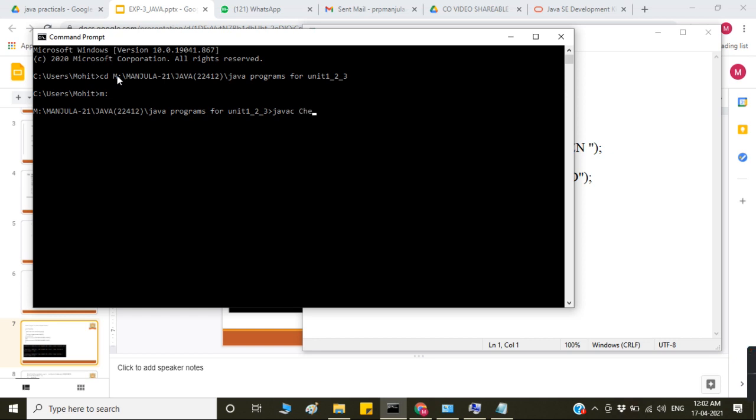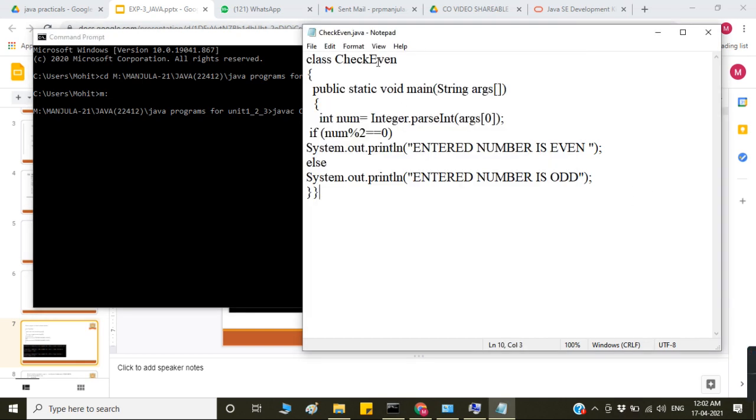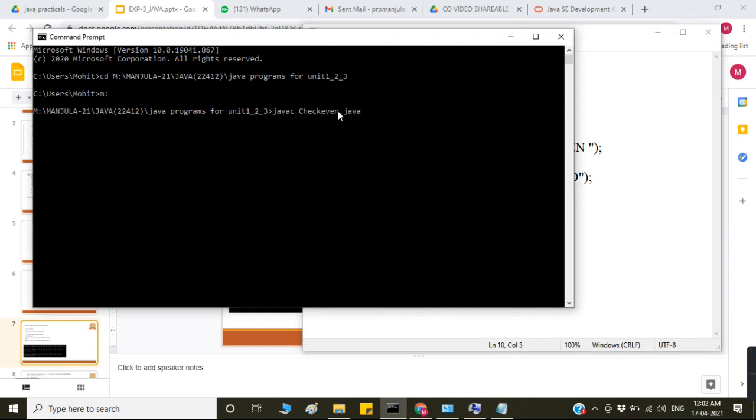Check even, the E was capital, capital Even dot java. I think check even, E is capital. So you have to write this, whatever the class name is, that you are supposed to write. Check even and press enter key. If no errors, yes, it is compiled.